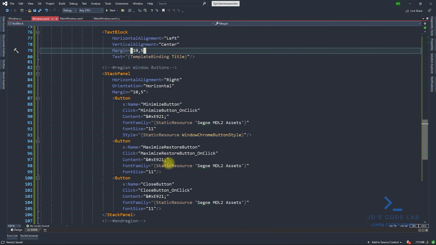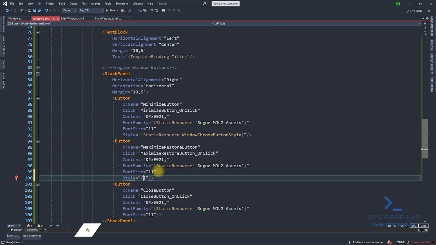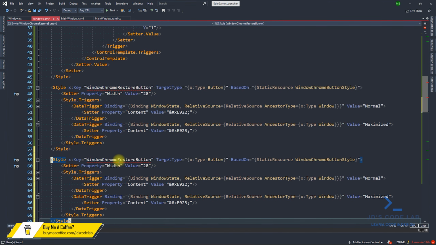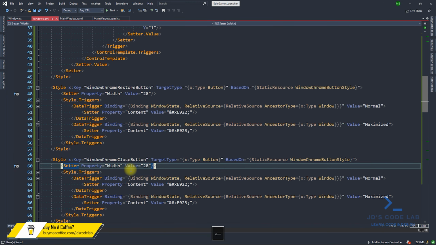Now let's assign this style to the maximize button and repeat this style so that we can make the necessary changes for the close button. So rename the style key and change the width to 48.